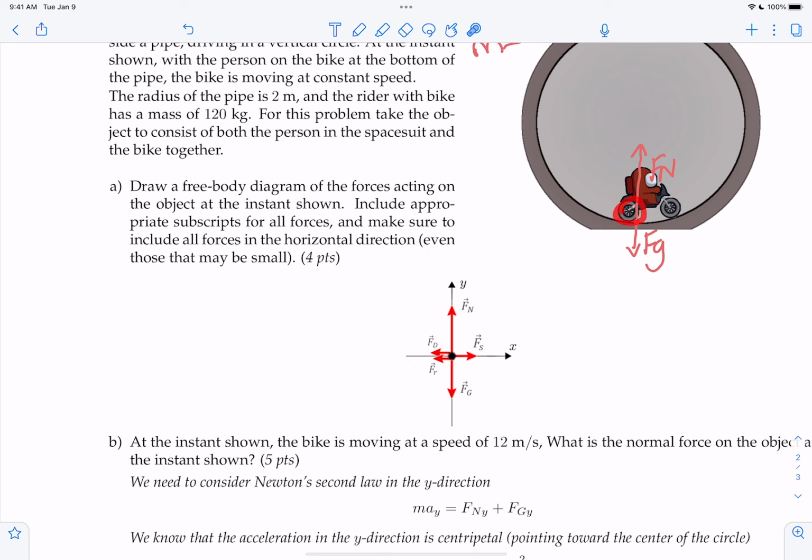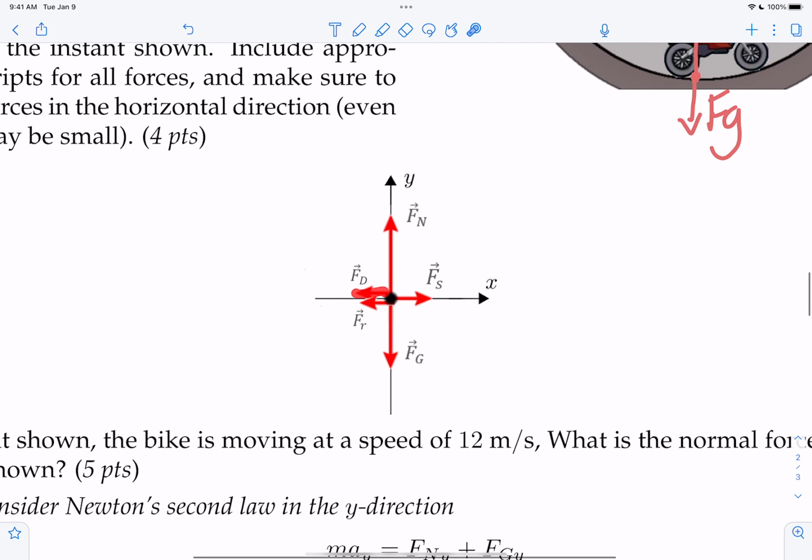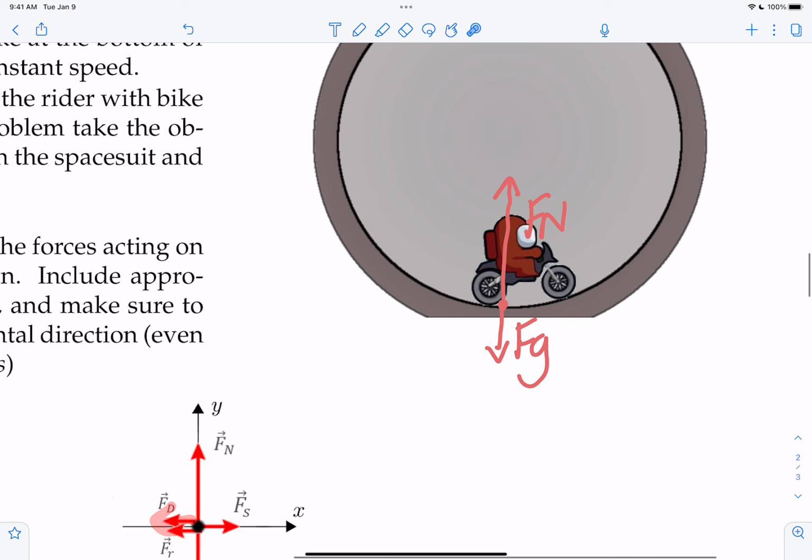So if you have any wheels, any tires, any rounded type objects in motion, you're going to have rolling friction, but it's very small. In other situations where they don't ask you to include all the forces that are small, literally just forget about rolling friction because it's so insignificant. But you should also have drag. That makes sense, right? Because if you're moving in the circular path,